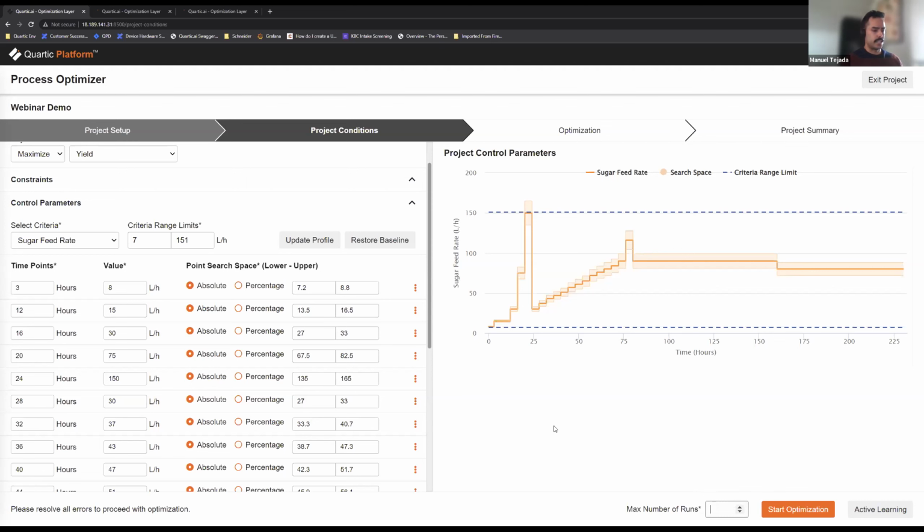The last thing the user has to do is define the number of runs that they have available to explore over which to explore this optimization. And here I'm just going to set it to 10. Now I do have an optimization completed, so I'll switch tabs shortly, but essentially this front end, I've linked it to a penicillin simulation, the same one that Xiao discussed in his slides.